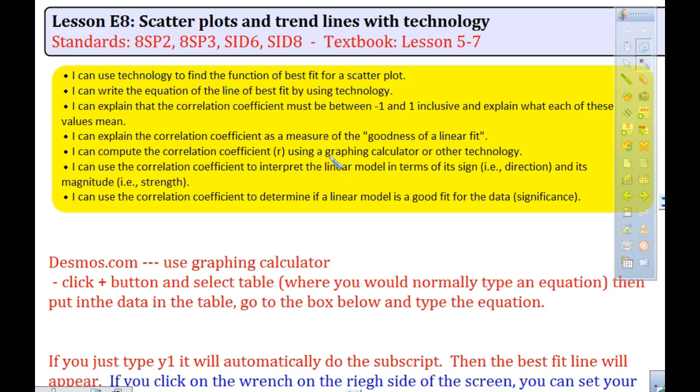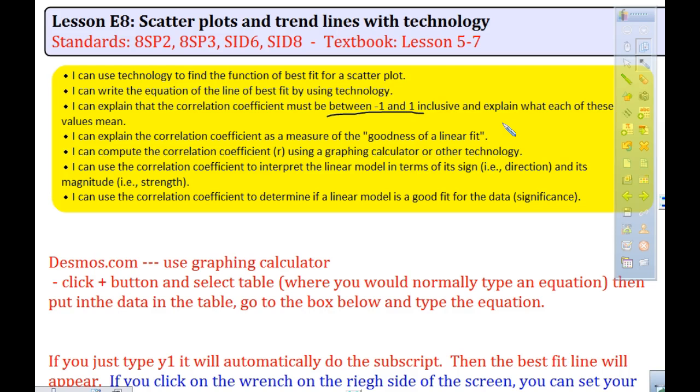Best fit, as we are looking at this. We're going to use that to come up with the equation. We're going to explain correlation coefficient, and what's really nice on the Desmos calculator also, it shows us this -1 to 1 inclusive, meaning that when we find an equation, someone was asking about it in the homework, like